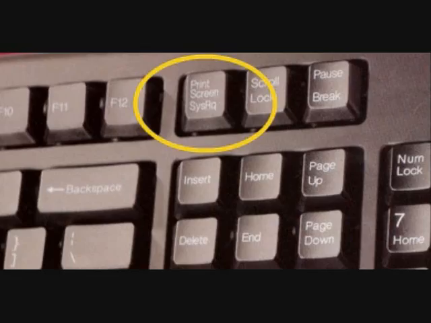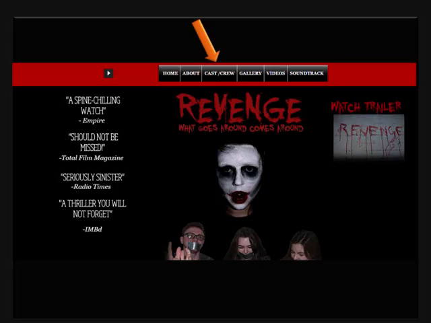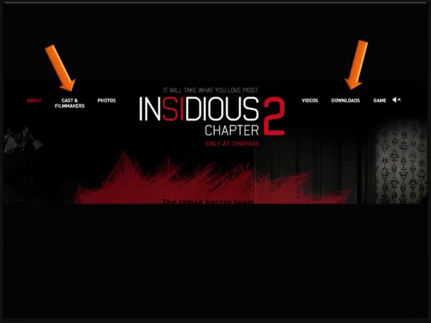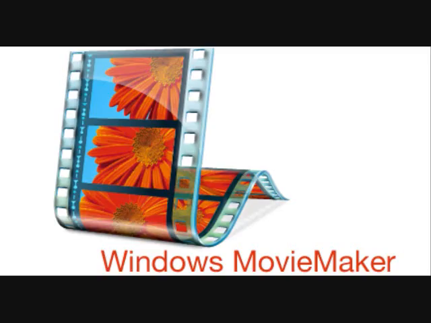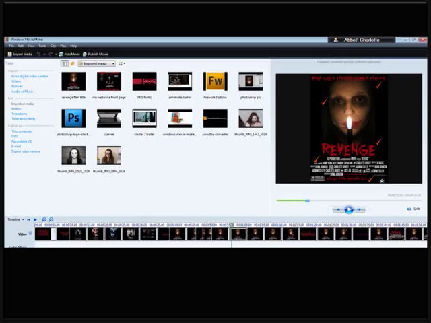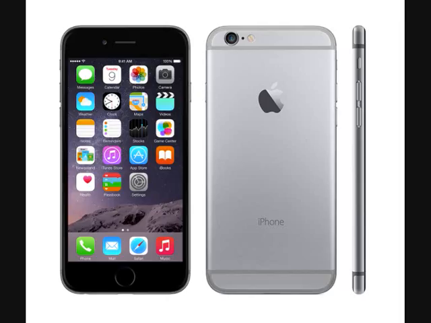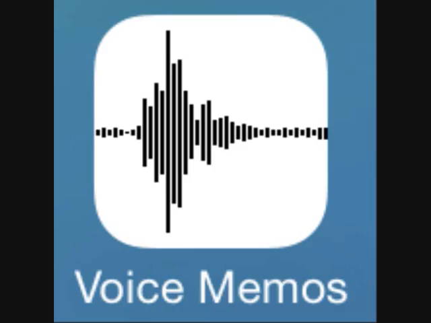For question 1 of the evaluation stage, I used screen prints of my products as well as existing products, in order for me to analyse the ways in which my product has developed or challenged forms and conventions of real media products. I put together screen prints and videos of my product and existing products on Windows Movie Maker and recorded a voiceover on my iPhone 6 smartphone using the Voice Memos app to answer the question. I then downloaded this off my phone and onto the computer and put it onto Windows Movie Maker, where I edited it all together.